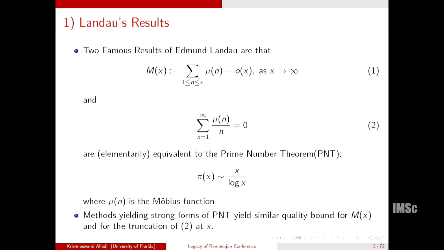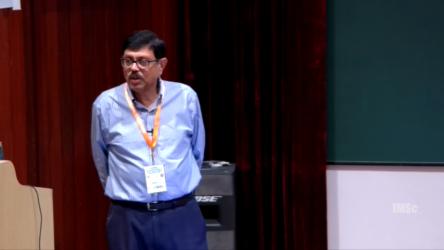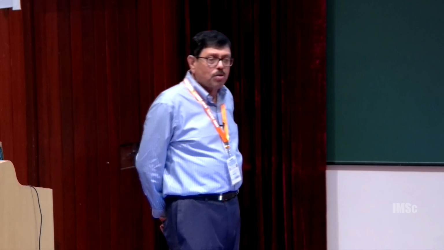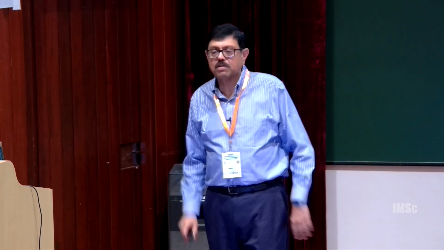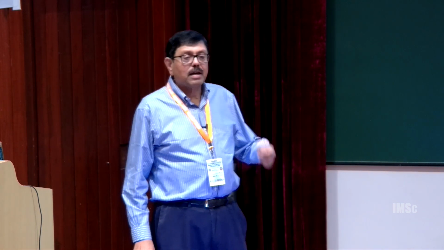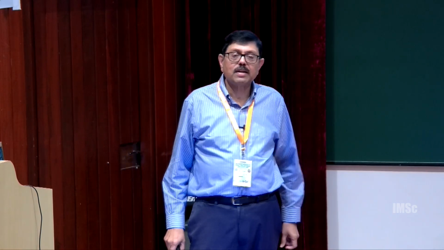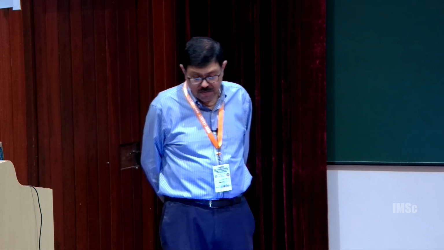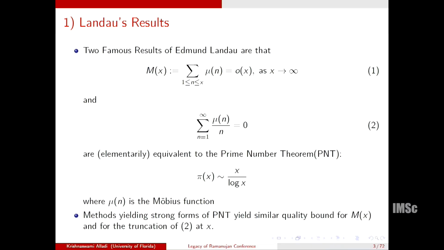Okay, so let us begin with the 2 classical results of Edmund Landau, who showed that the sum of the Mobius function up to x, which is denoted by M of x, is little o of x, and the series summation mu of n over n from 1 to infinity being 0. Both of these are elementarily equivalent to the prime number theorem. That means if you assume these results, without too much difficulty, you can deduce the prime number theorem,